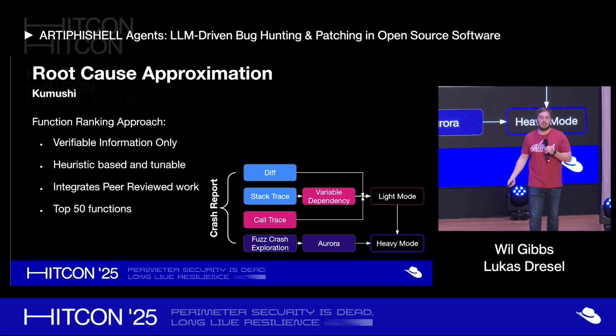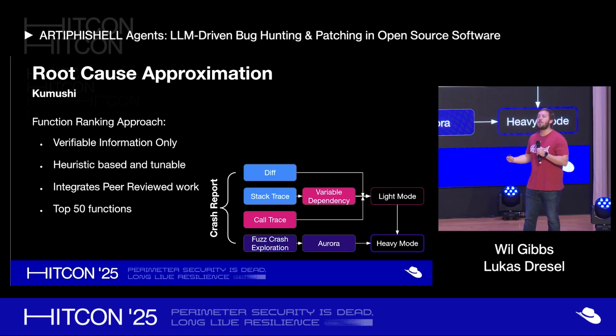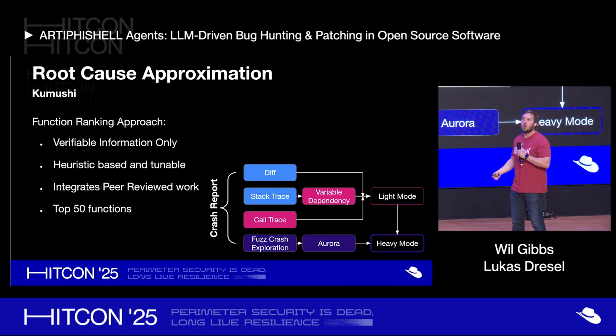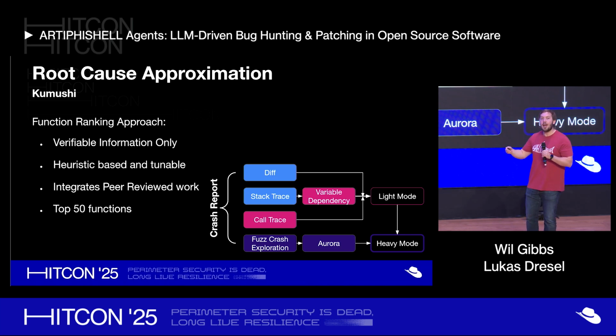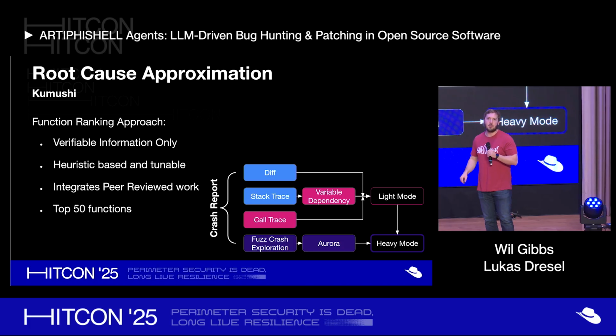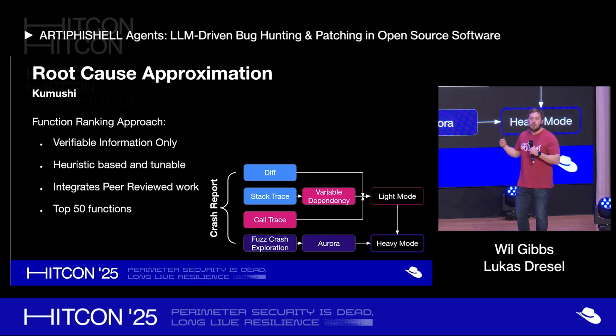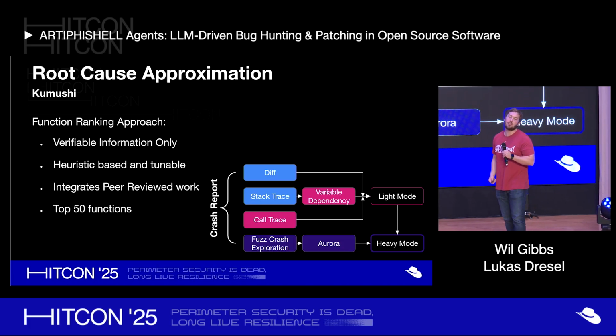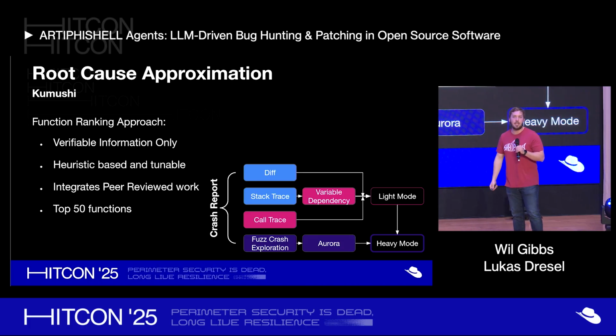Now, in parallel to this, we also run the heavy mode. This is based on another project called Aurora, which does crash exploration. Once you have your crashing seed, we actually try and find as many crashes around it as possible for up to 20 minutes before deciding, hey, I have enough information, I know which functions I can actually crash in, and maybe that gives you more of an indication of where you should be looking. And then we combine that with the prior light mode results to give an ultimate list of around 50 or so functions or clusters, as you'll see, that the LLM should look at.